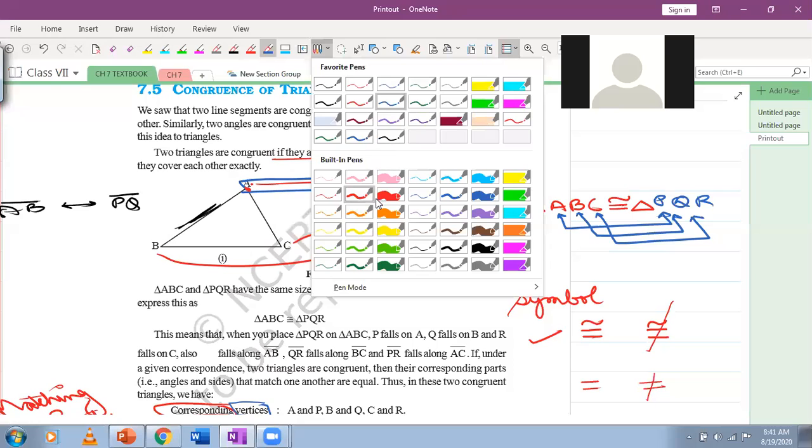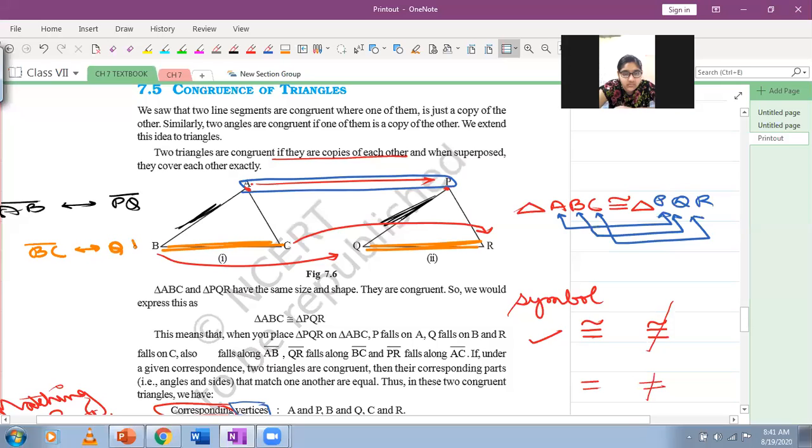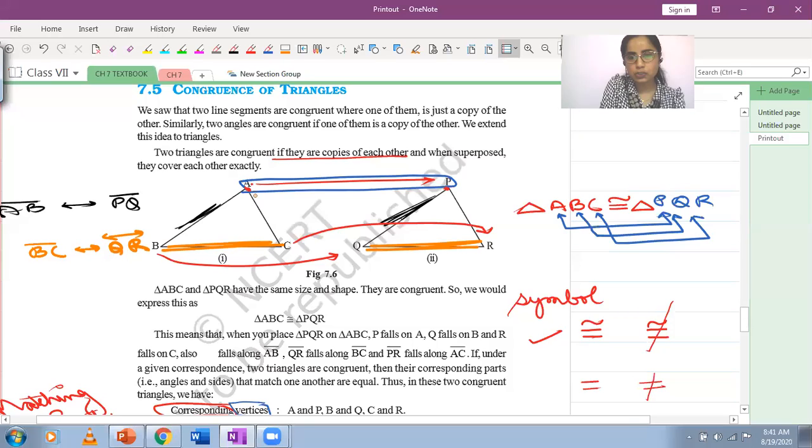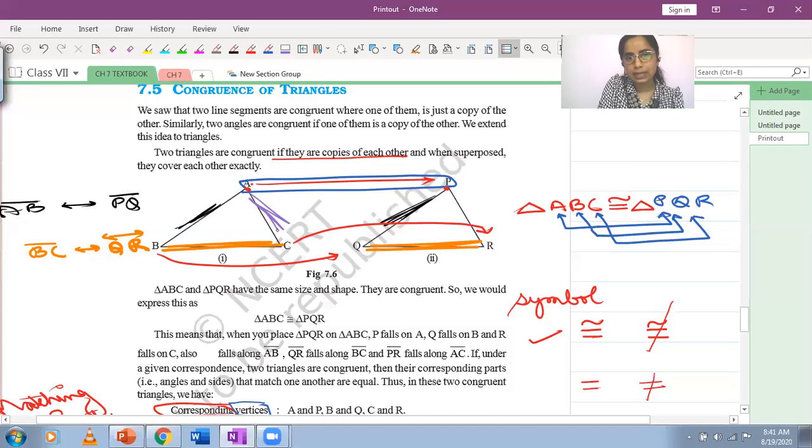Aryan Arora, beta, you raised your hand. If we check this side, this will match with this one. So we will write BC matched with QR. And then you can write down for the third one also. The third one is your side AC, and this matches with PR. So we will write AC, line segment AC matches with PR.